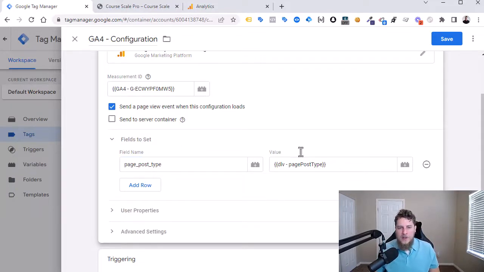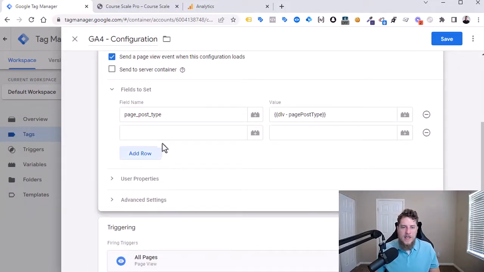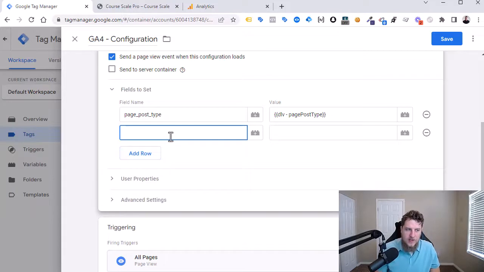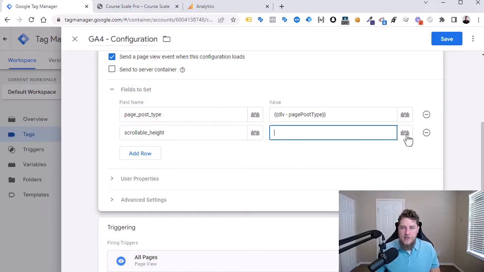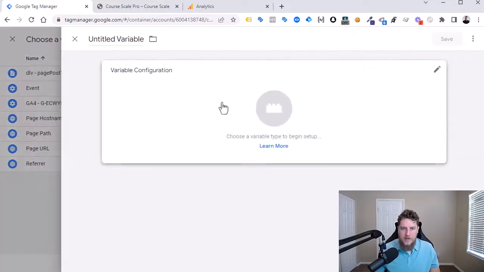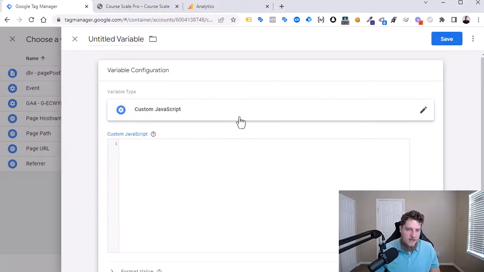The other thing we're going to include with all of our configurations is the scrollable height. This is the height of the page. So we're going to create a new custom JavaScript variable to do this. All custom JavaScript variables have to have the anonymous function and then return something. In this case, what we want to return in order to get the scrollable height is a JavaScript property that all the browsers and pages have. I think it's under window dot body dot